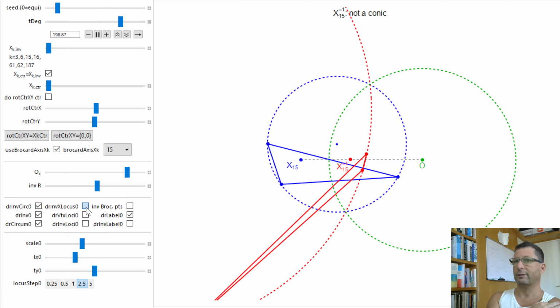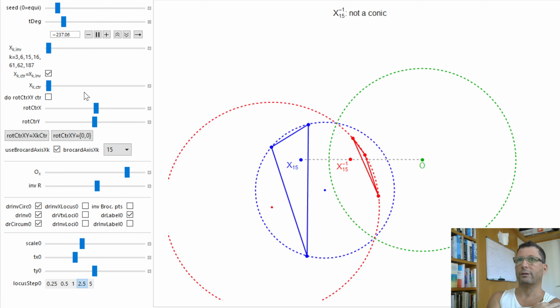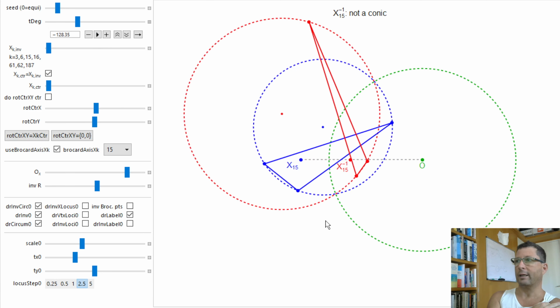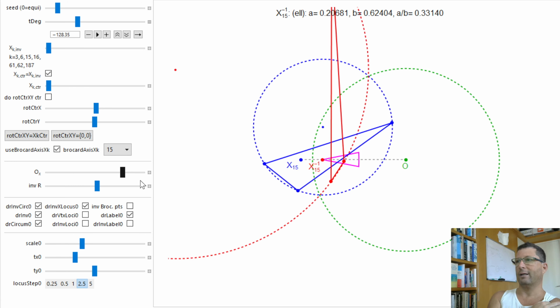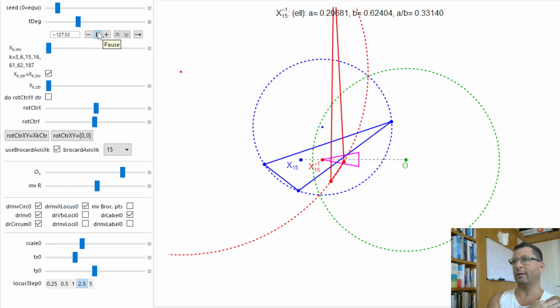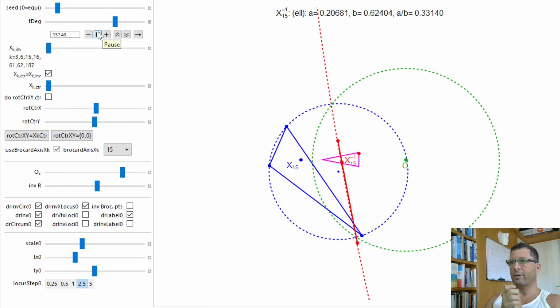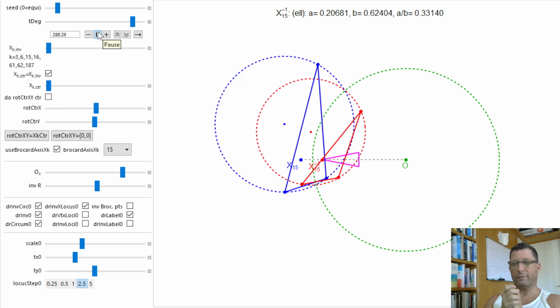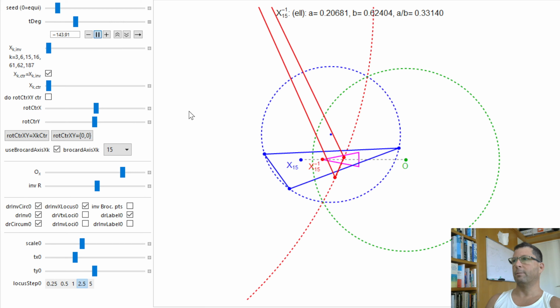Now, if I'm sufficiently close, I actually want to draw simultaneously the locus of X15, so I'm going to click this here and move my center of inversion sufficiently close to the left. Okay, so we start getting a non-stationary locus of X15 of the inversive. And this thing is very curious. Let's do this. I'm going to move the circle of inversion a little bit further to the left